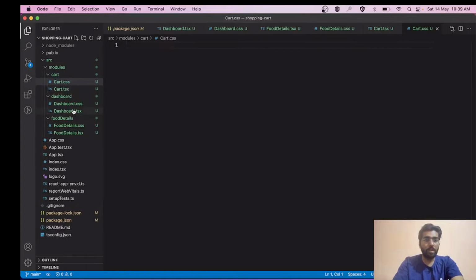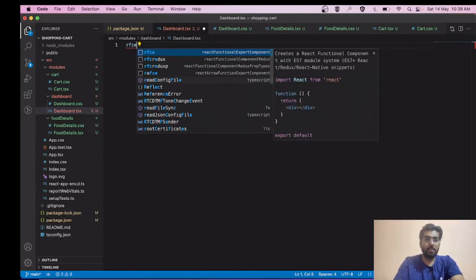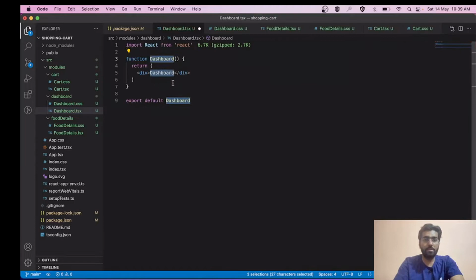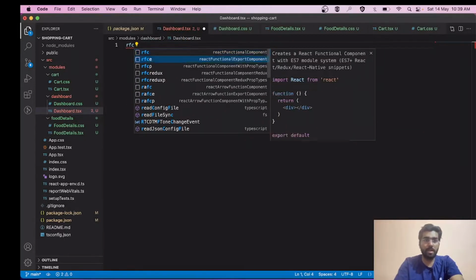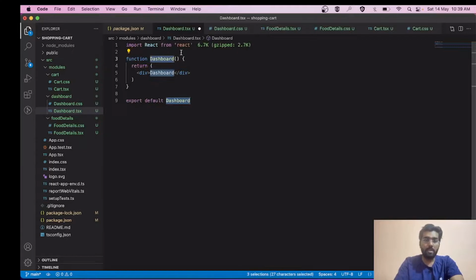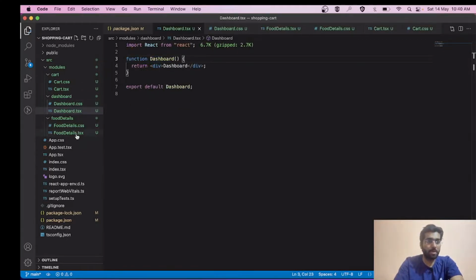Now we are going to write a simple boilerplate over here. If you don't know about this, you can simply download one extension for React, and with the help of this, you can simply type RFCE and you can get the entire functional component over here. Similarly we are going to have this boilerplate over here also.